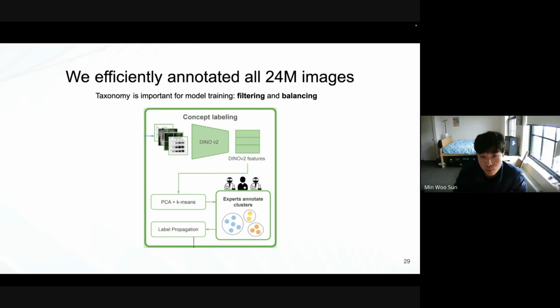And we actually took a pretty simple approach to doing this tagging. The way we did this was we passed the images through DINOv2, got these DINOv2 features, projected down to principal component space, and did clustering. And so rather than annotating all 24 million images individually, we instead annotated the clusters. We had PhD researchers who have wet lab experience as well as clinicians actually label and annotate these clusters. And so when we have new images, all we have to do is project down to this space, this cluster, and we can propagate the label that way.